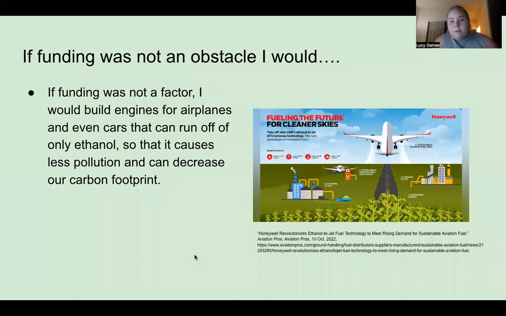If funding was not an obstacle, as I was researching, I found that Honeywell is trying to make airplane engines run off of ethanol, which would be amazing. And the fact that there would be a lot less pollution and it would decrease our carbon footprint would really help out our environment. But obviously, a lot of money has to go into that because there have to be a lot of test runs and trial and error